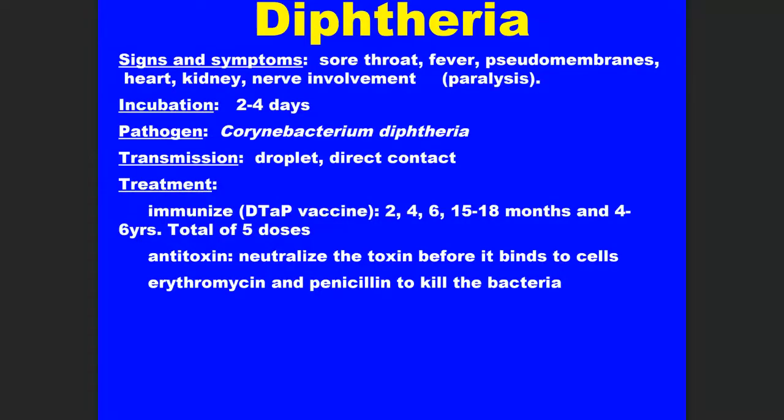The best way to prevent this, though, is to get vaccinated. The primary vaccine that kids get starting at around 2 months of age is the DTP vaccine. Now, this is not a vaccine just against diphtheria. It's a vaccine against diphtheria, tetanus, and pertussis. And this is a vaccine against the toxins that are made by these bacteria. Does anybody remember, what do we call a vaccine that protects you against a toxin? What type of vaccine is that? That's correct. It's called a toxoid. Very good.